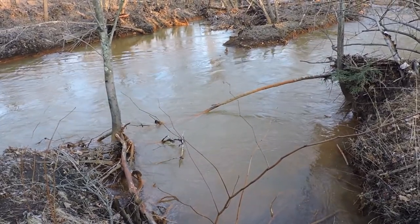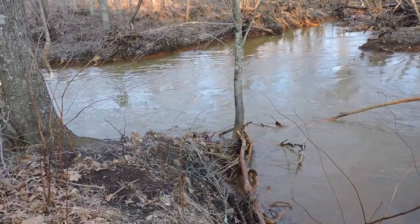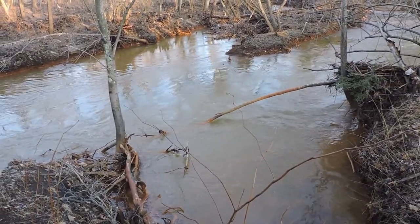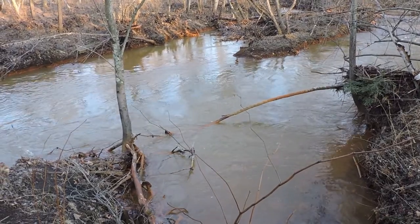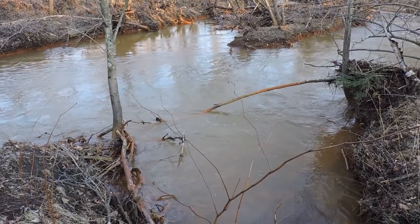Sadly, there's no way to change this. Now, it has cleaned up over the years, obviously, because there's no more coal mining happening. So they're not continuing to pollute. But there still are these fissures in the ground where the groundwater's coming out with all these chemicals. And truth be told,